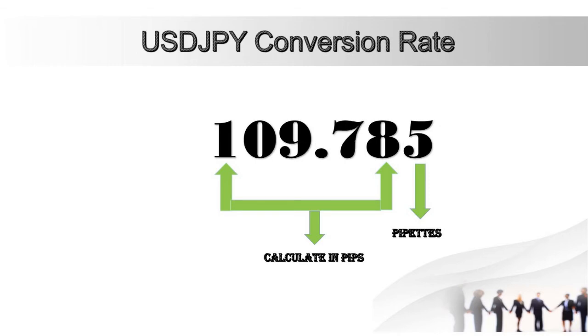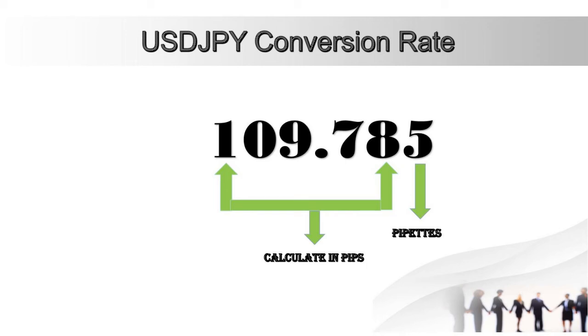Here is another example using a currency pair with the Japanese yen as the counter currency, like USD/JPY or CHF/JPY. For USD/JPY, the price is now 109.785. You can see there are only 3 decimal places for JPY pairs, while most of the other pairs have 4 decimal places. The third decimal place is the pipot here. Some brokers offer more decimal places, but we should consider only the first 2 places for pips, and the next 2 numbers are pipots and fractions of pipots.